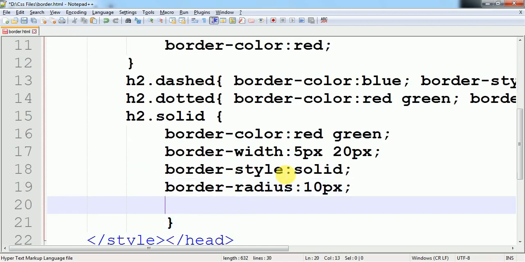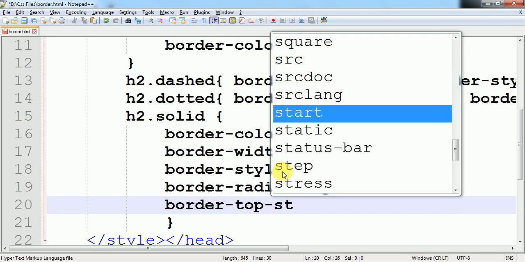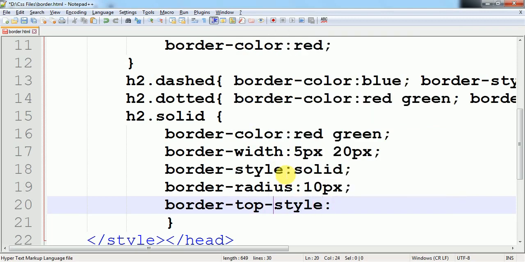Now we can give a style to a particular side also. For that purpose we use border-top-style. So I can give top, bottom, right, left. I can replace this value with the top, bottom, right or left, or I can give the style of our choice to this one.